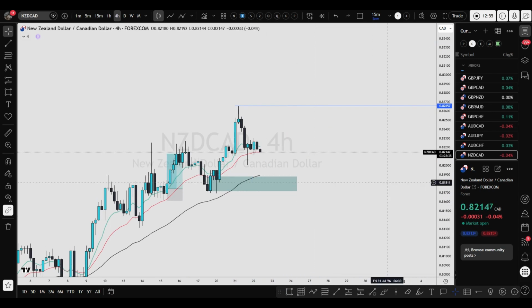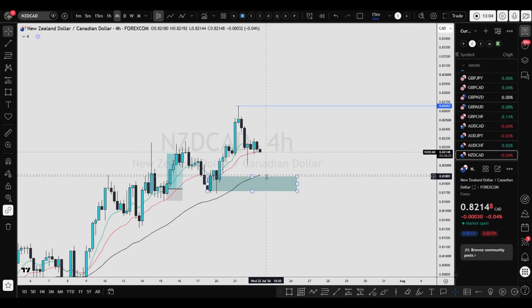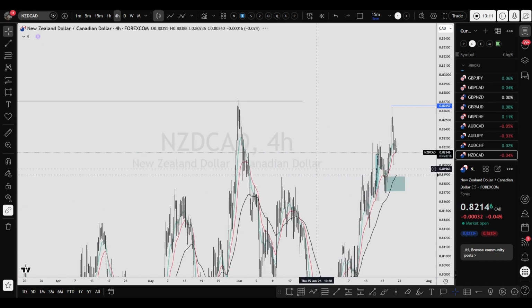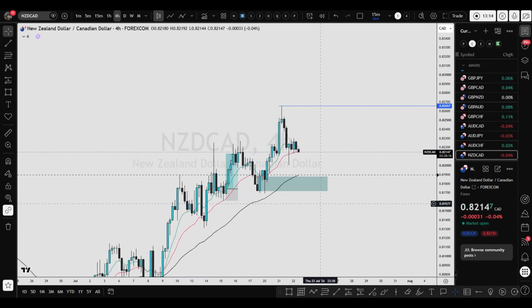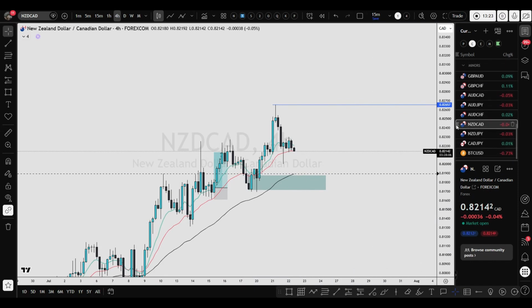this is our zone, and it is lining up with maybe the 78.6 level. Yeah, it's perfectly lining up with the 78.6 level. So if I find any good rejection from this level, I have already my alerts on, and I am going to look for longs in NZD CAD. I'm going to wait for some good 4 hour candle rejections from this level. It's also lining up with the 50 EMA, so possibly it's going to be a setup if I find any good rejection. It's definitely something that I need to keep in my watch list.